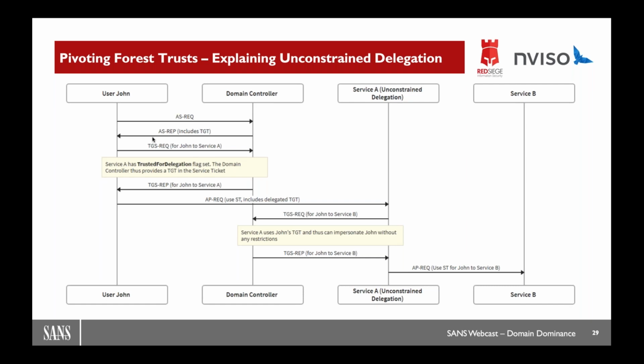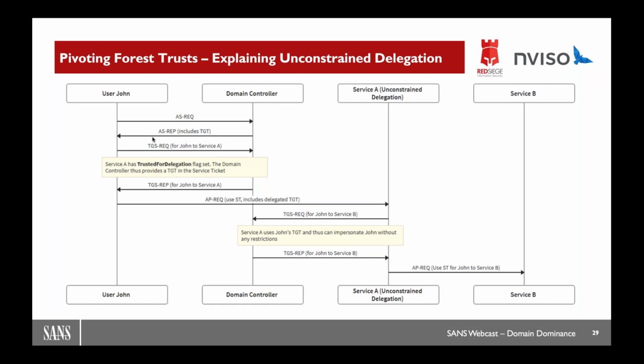So the domain controller knows that it has to do something very specific with that service ticket that it's going to return. Instead of adding the PAC for John inside the service ticket, it will actually put the entire TGT of John in the service ticket. This is now returned to user John, and John, as usual, uses the service ticket, so that's my arrow number 5, towards service A. What does service A do? Of course, it can extract the service ticket, because that's normal Kerberos flow. It will do its normal operations, but it will also extract the TGT of user John out of the service ticket.